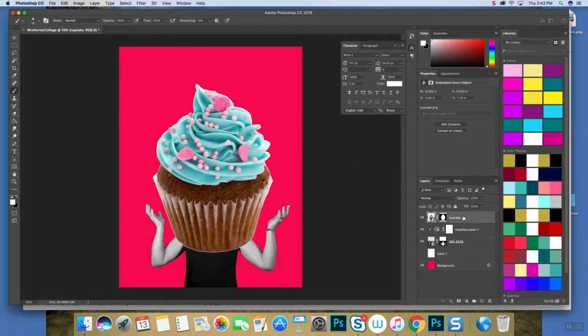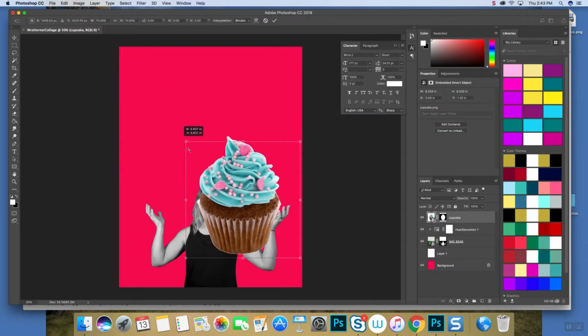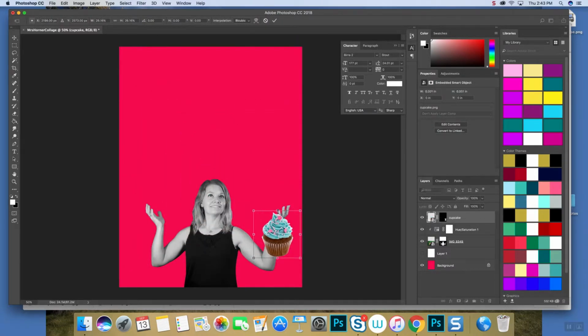The other thing I need to do is resize this guy. So I'm going to just hit Control T on my keyboard, which is free transform, and then I am pressing the Shift key while clicking and dragging from a corner to resize it. Don't drag from a side because it will distort even if you are pressing the Shift key. The other thing I'm going to do is maybe rotate it around a little bit so everything's not straight up and down. Okay, I'll hit the Enter key on my keyboard, and I can see right now I have a